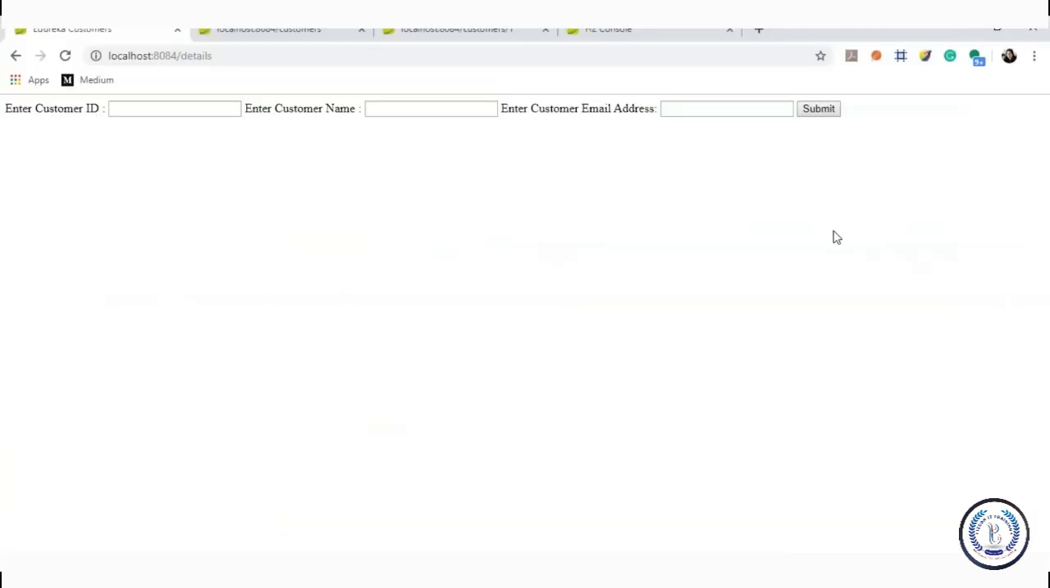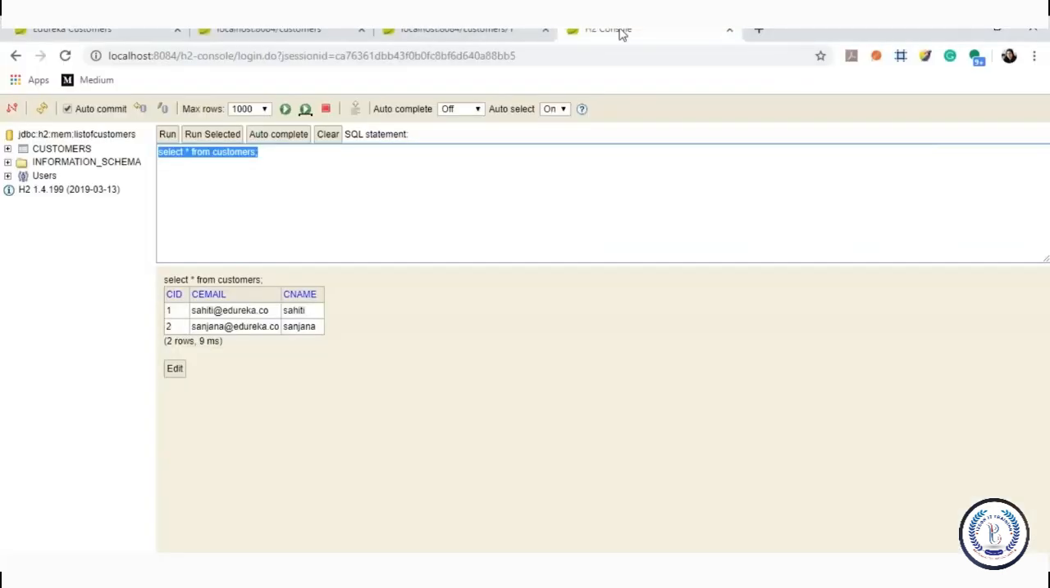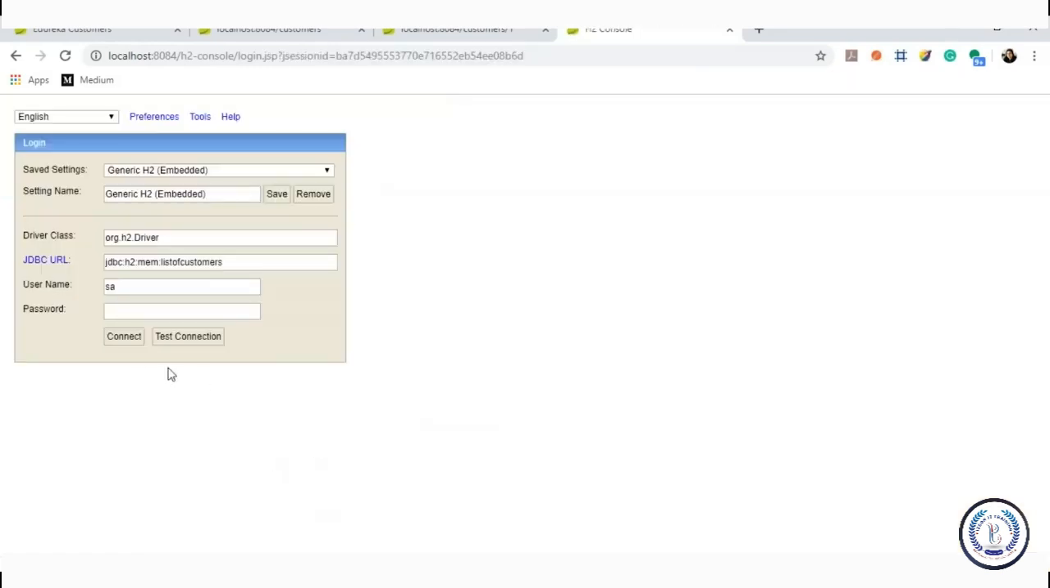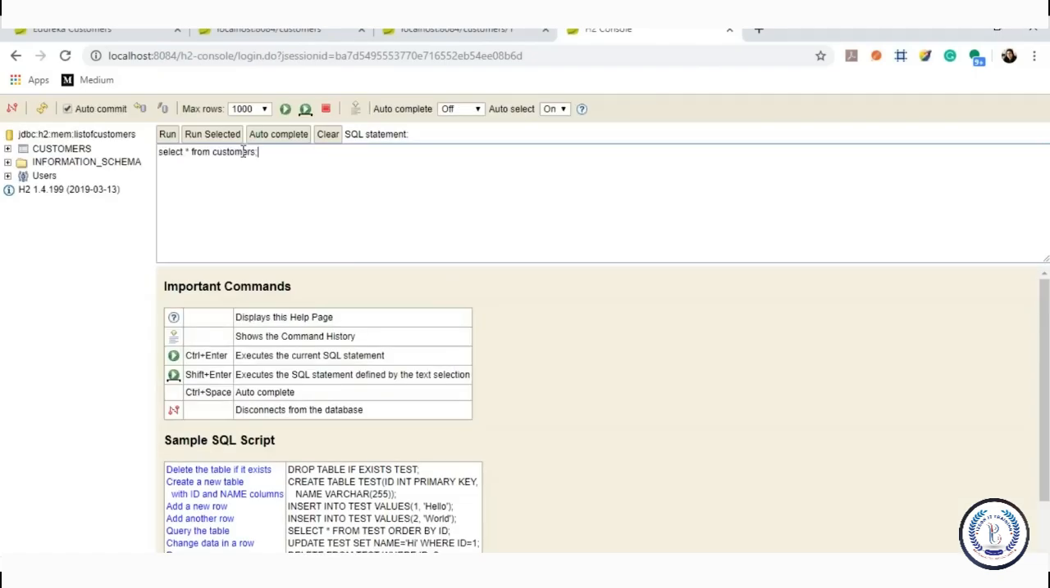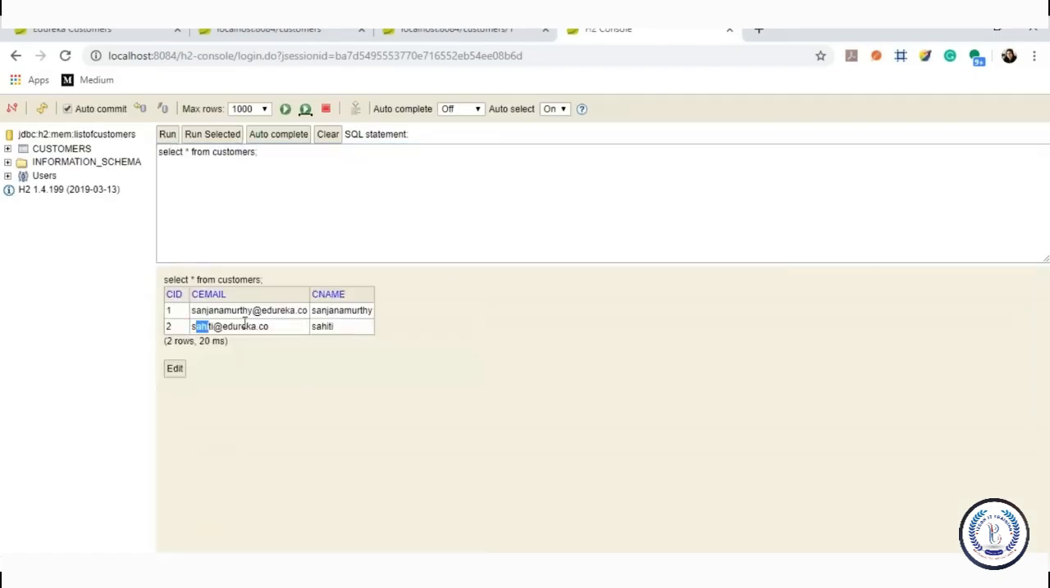But before I close with this part of the session, I would just like to show you the H2 database with the updated data. Right, so I'll copy this particular statement, run, and then I'll connect again. Now once I connect again and click on run, you see that the email address and the name have been changed also in the database. So I hope that you've understood